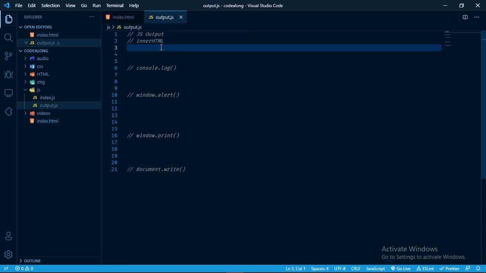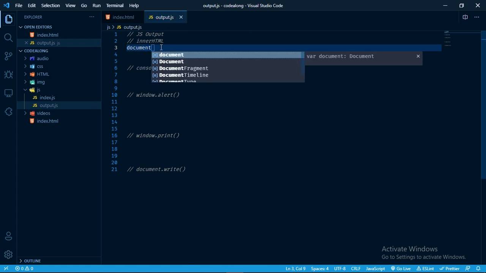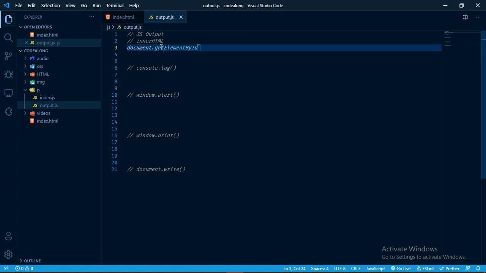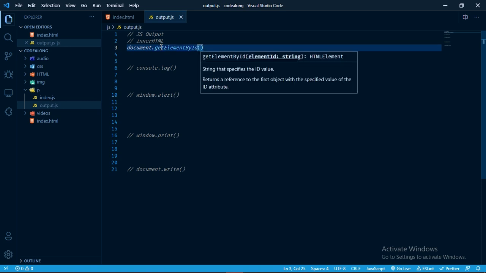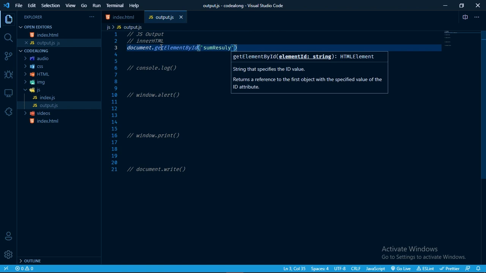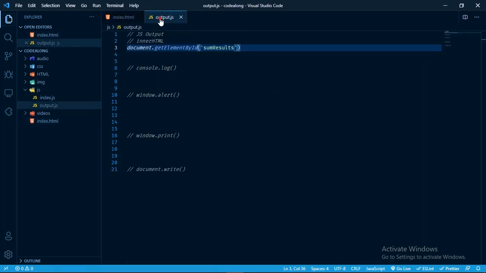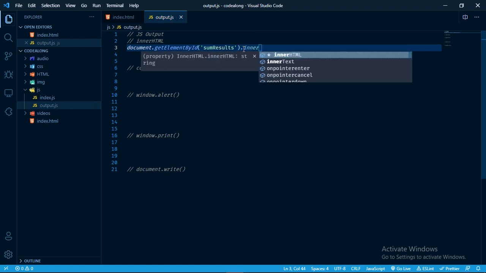So I can come here to run my addition, and let's say document.getElementById, and the ID is sum result. I can say innerHTML